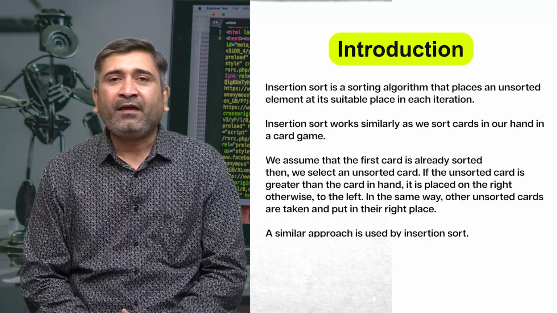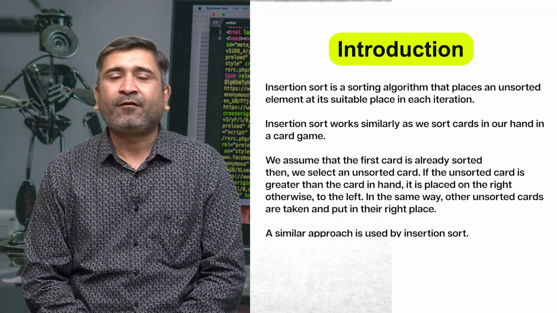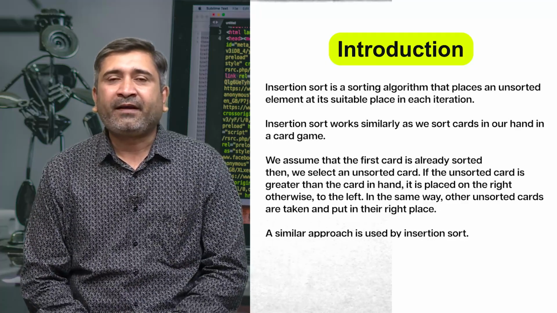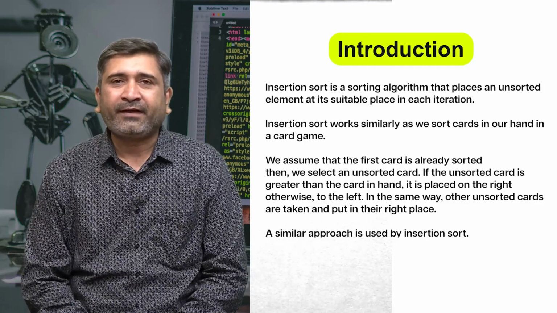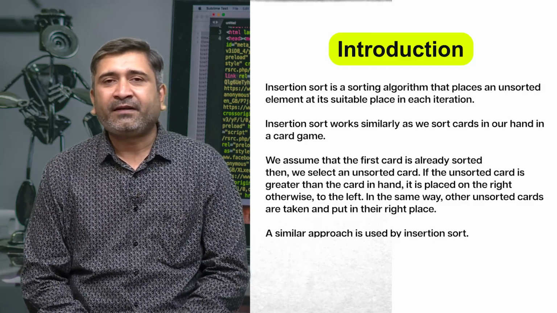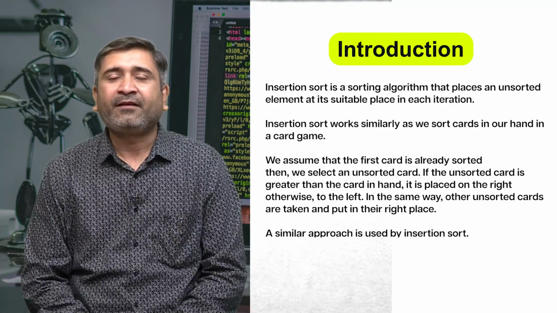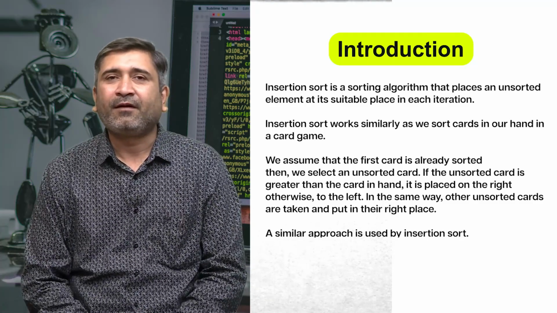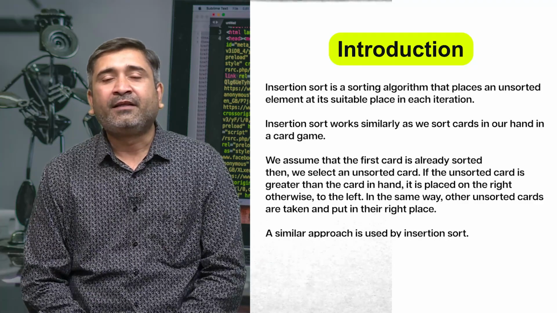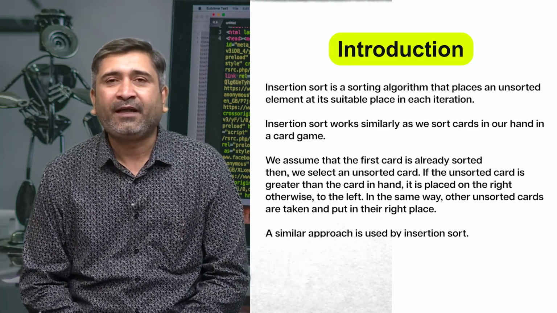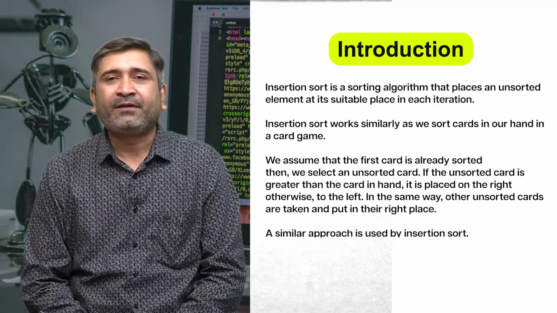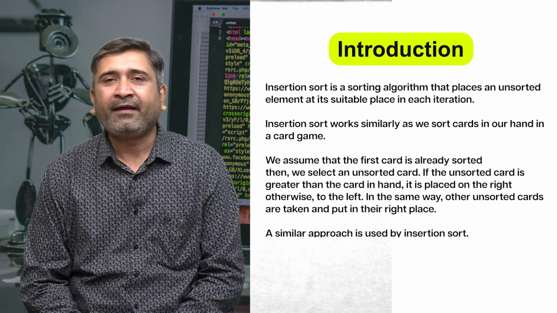Then we take the first card from the unsorted part and compare it with the sorted element. If the unsorted element is greater than the sorted one, we do not have to do anything, otherwise we have to swap the values of the cards. These things we are going to explain with the help of a few examples of arrays, lists